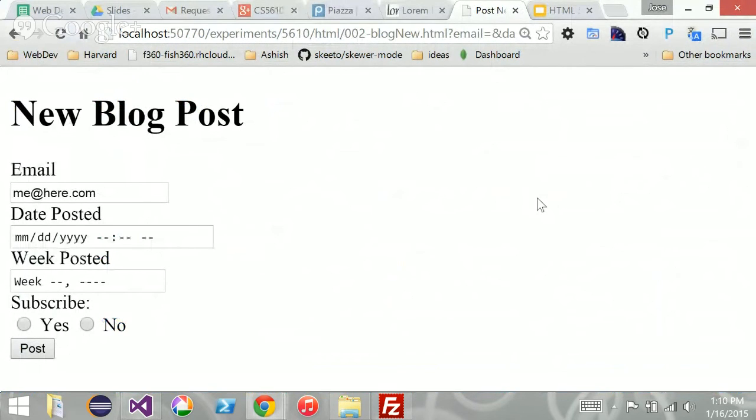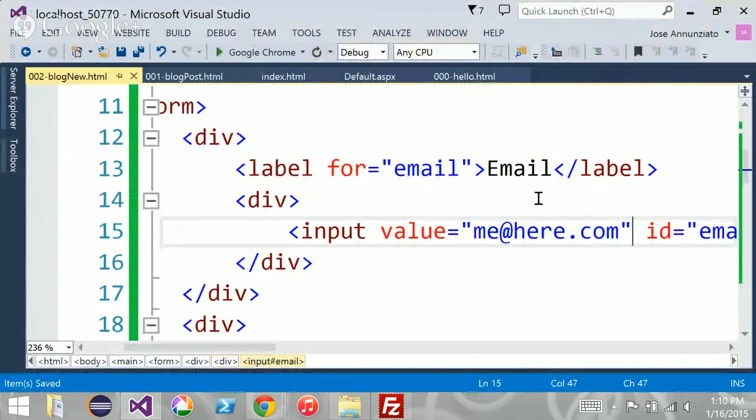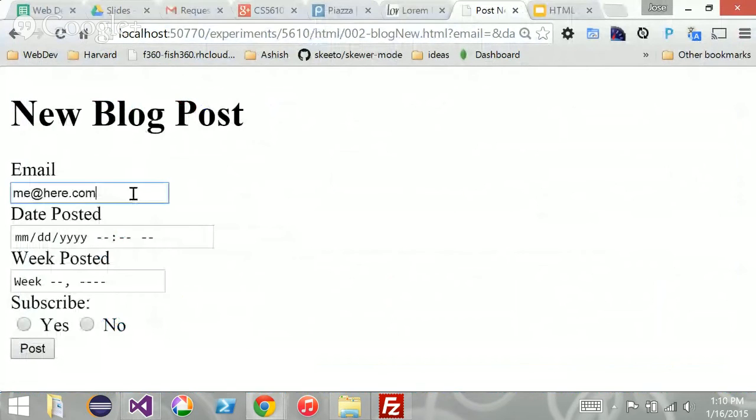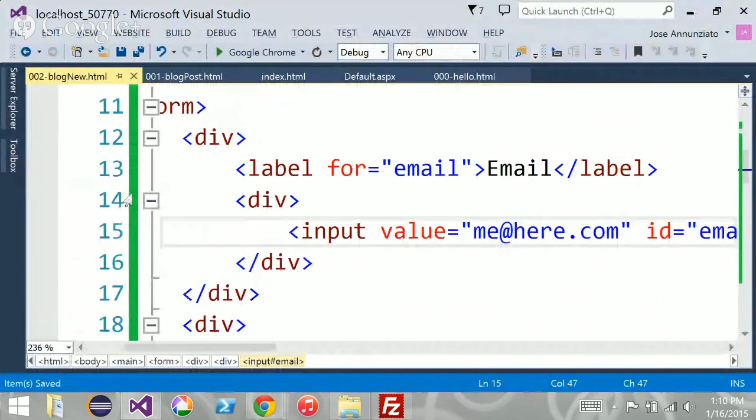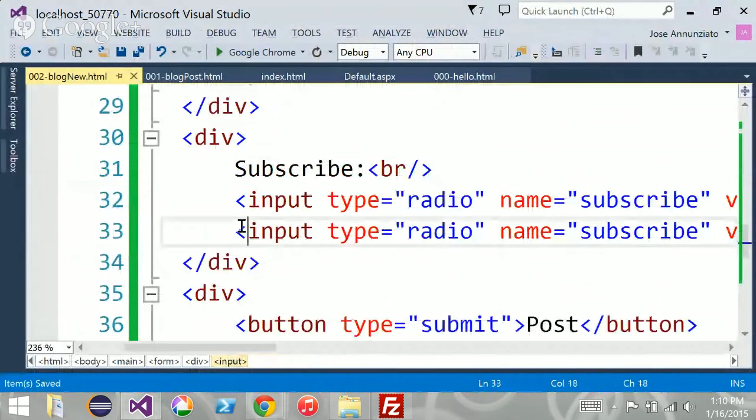We can also do it programmatically using JavaScript, which we'll do next week. If you give it a default value, the placeholder is still there. If you remove this, the placeholder is still there. What else? Radio. Okay, let's do